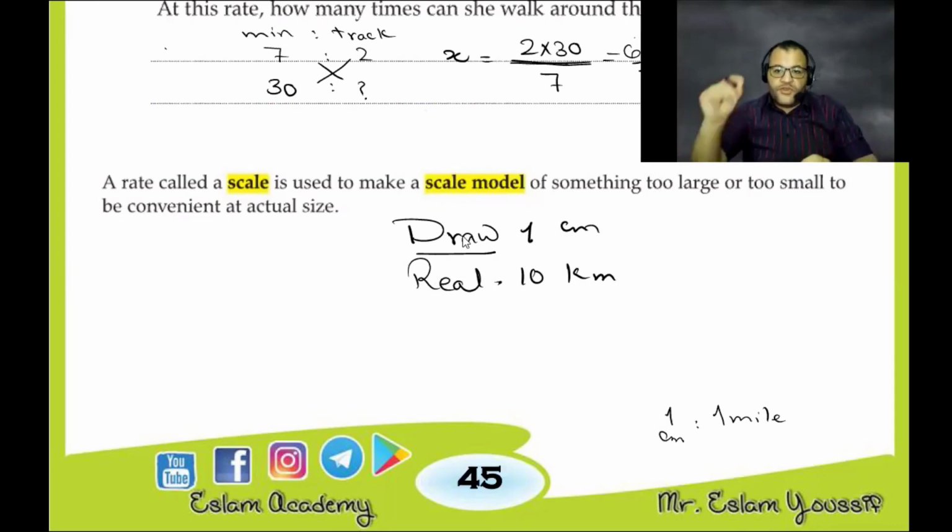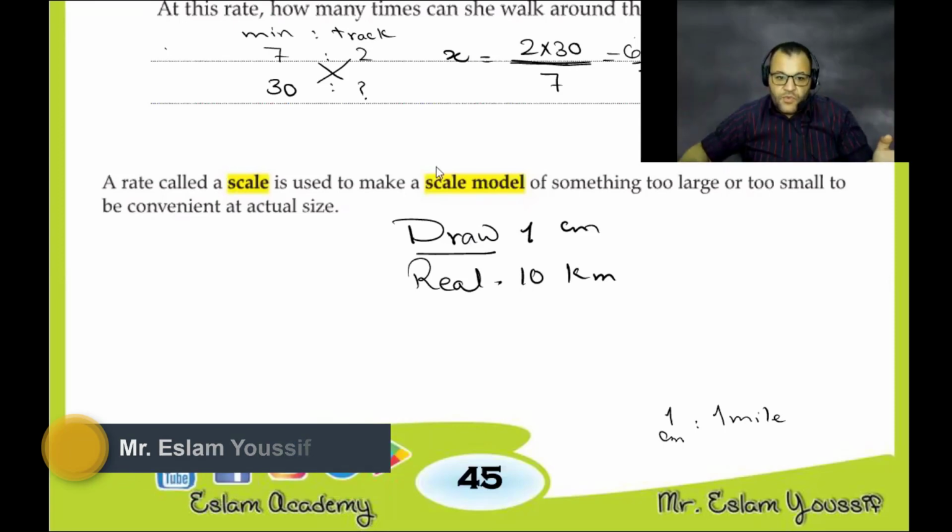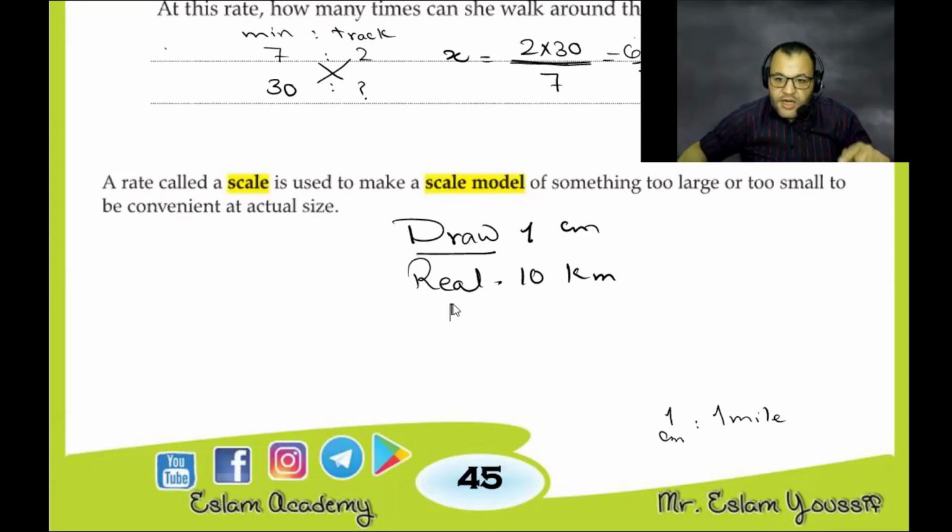But if you want to see a small insect under the microscope, what will you find? You will find that it will be enlarged. The image will be greater than the real object that we need to find. It means we enlarge the figure. So if the drawing is greater than the real, it means we enlarge. If the drawing is smaller than the real, we make a reduction. So our factor is size. You understand this point?